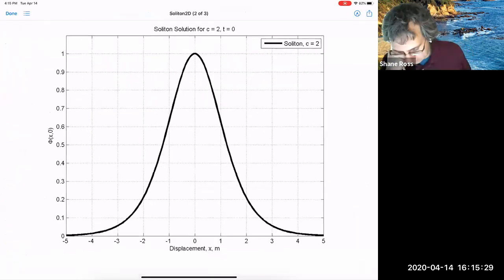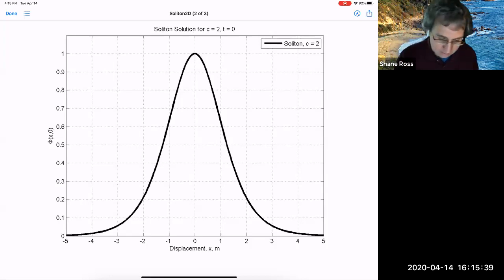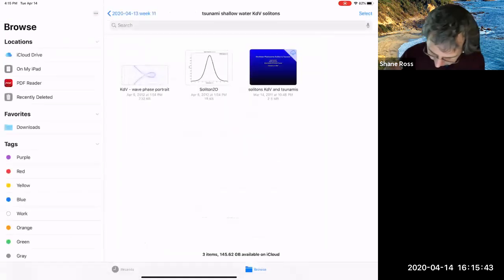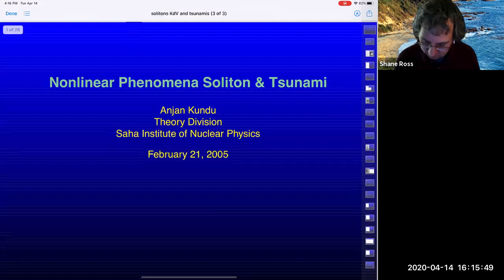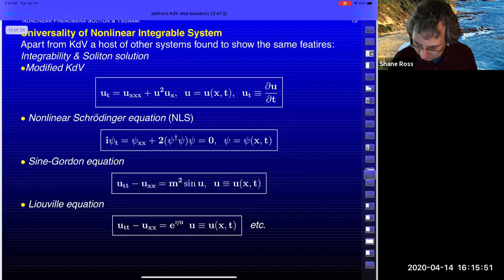And here is one of the soliton solutions. So you see, it looks kind of like a bell curve. It's made up of hyperbolic secant and things like that. Should I show this? This is just showing some